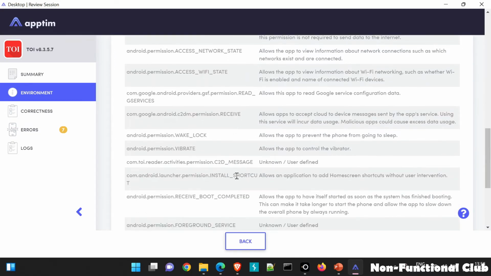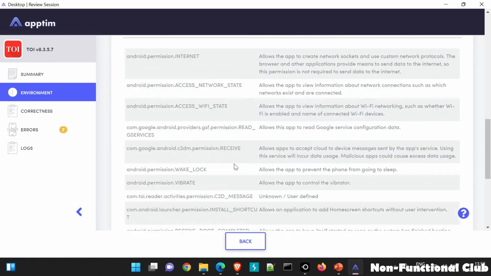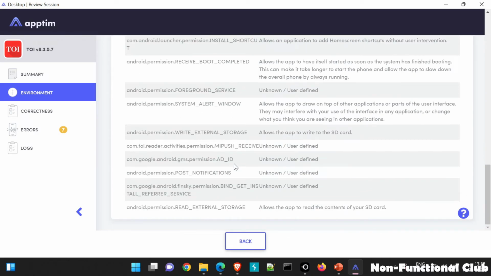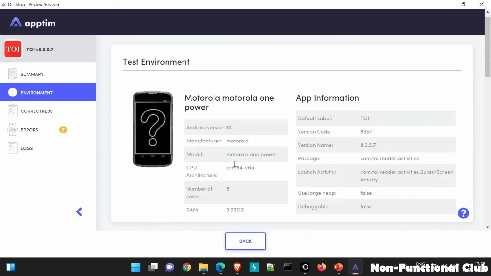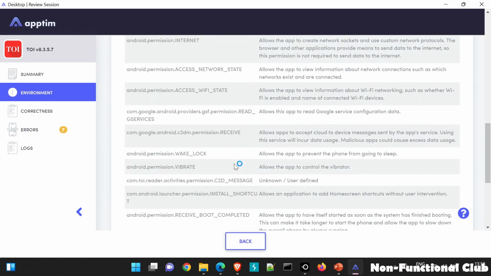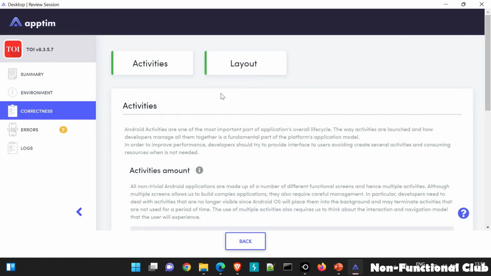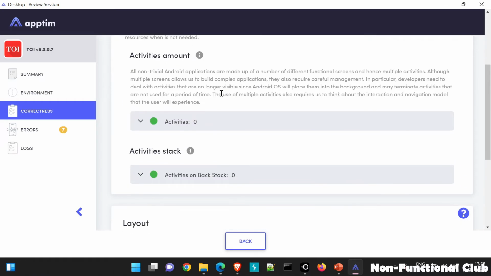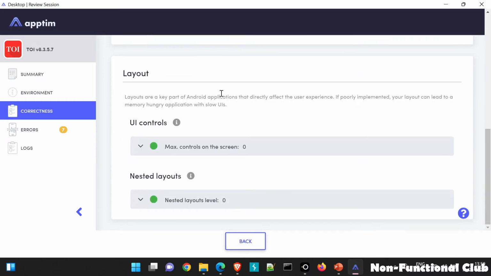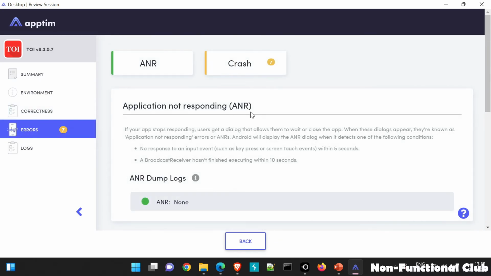Okay, next is your permission analysis. Through the Android manifest file, it has given us all the permissions which are taken by the user. So this is giving you an environment analysis in terms of your mobile device and your application on which we have performed the scenario. Next is correctness. Correctness will give us information about all the activities which were performed, then the layout information in terms of UI and nested layouts. If we go to the actual section, that is errors,